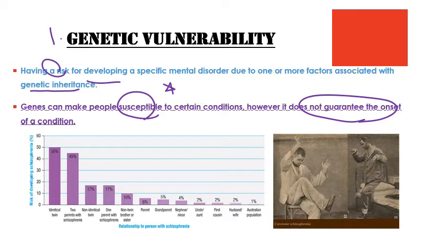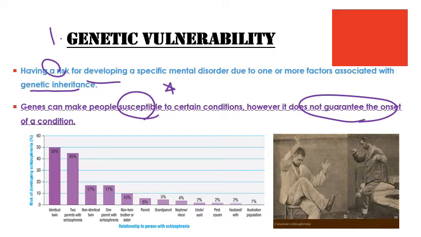What I mean by this is, for example, in my family, there is a history of depression. So that means I have an increased likelihood of developing depression compared to somebody who doesn't have that genetic predisposition. However, unless environmental factors occur that set me up for depression as well, I won't necessarily get depression. So even though I have a higher likelihood of getting it, it doesn't necessarily mean I'm actually going to get it.